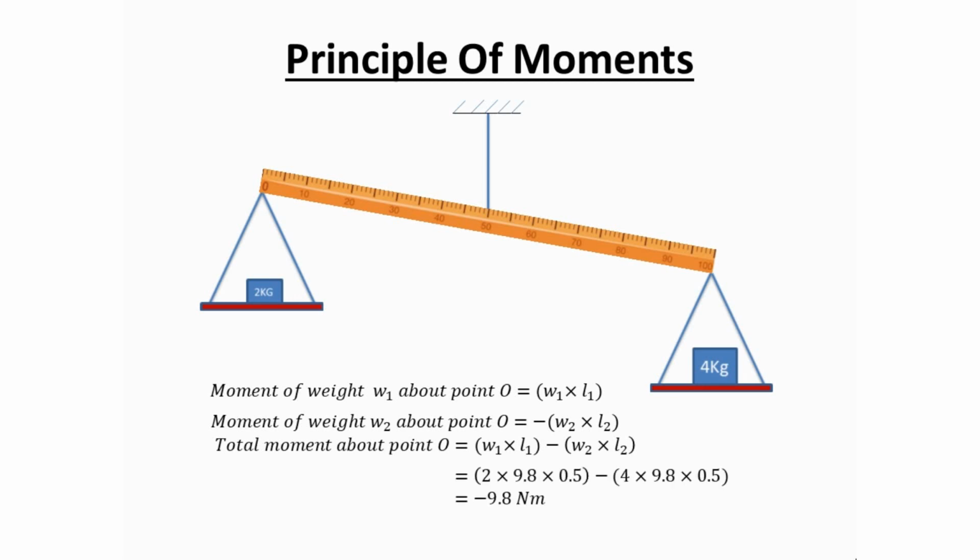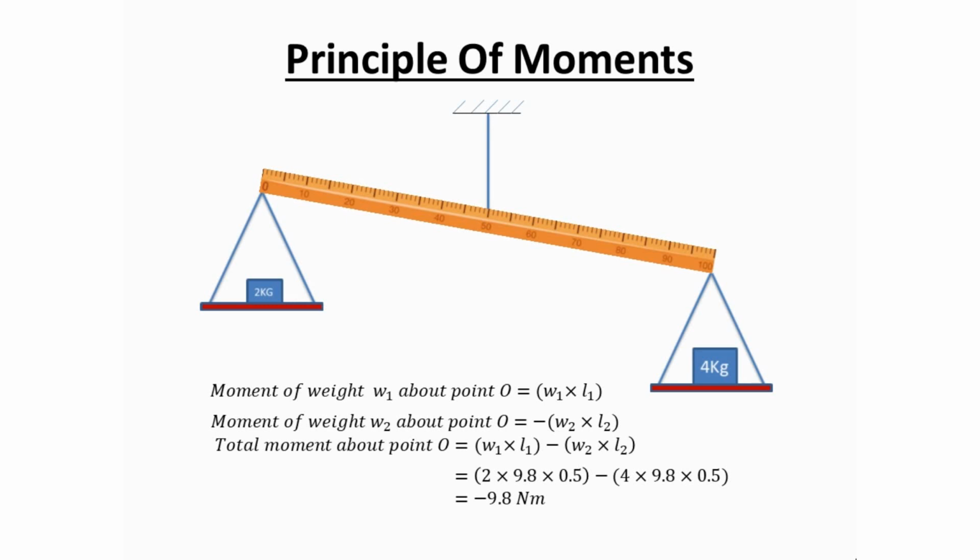Here the mass of the object is given in kilogram. We know weight W is equal to mg, where g is acceleration due to gravity. So to convert mass into Newton, I have multiplied by the acceleration due to gravity value, that is 9.8. Also I have converted the distance of the pan from 0 to 50, which is equal to 50 centimeter, to meter, as 50 upon 100 is equal to 0.5 meter. So W1 is equal to 2 into 9.8 Newton and L1 is equal to 0.5 meter.